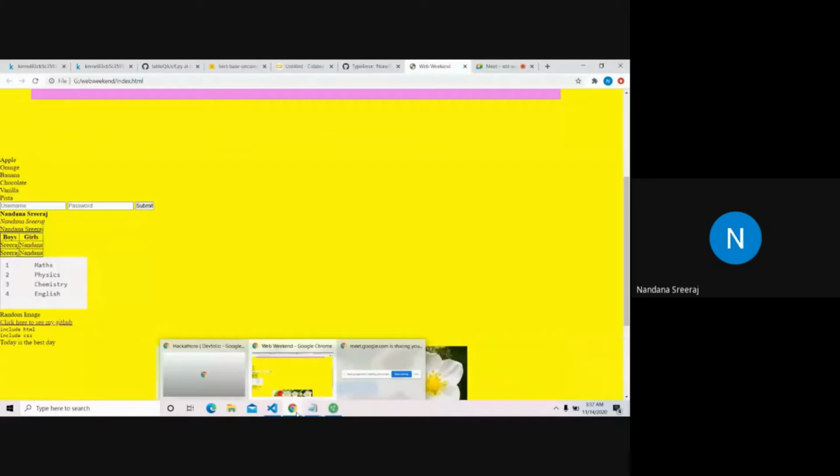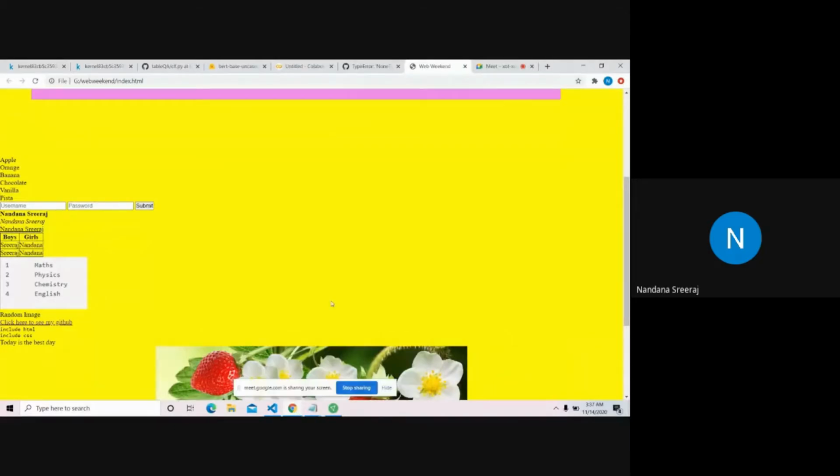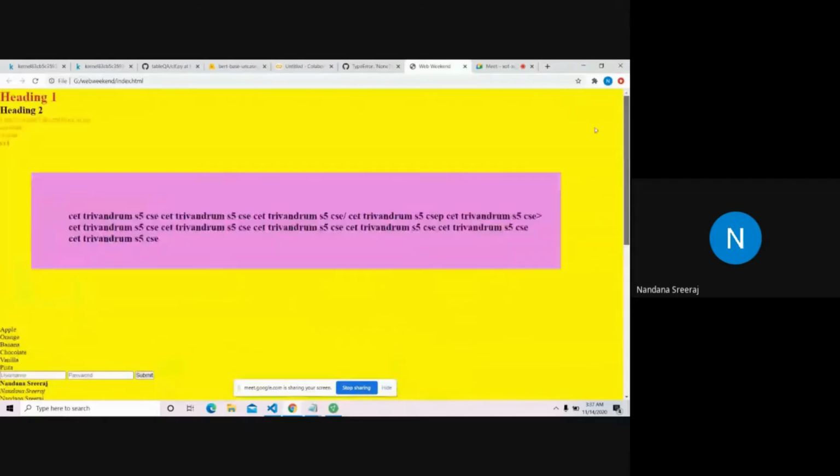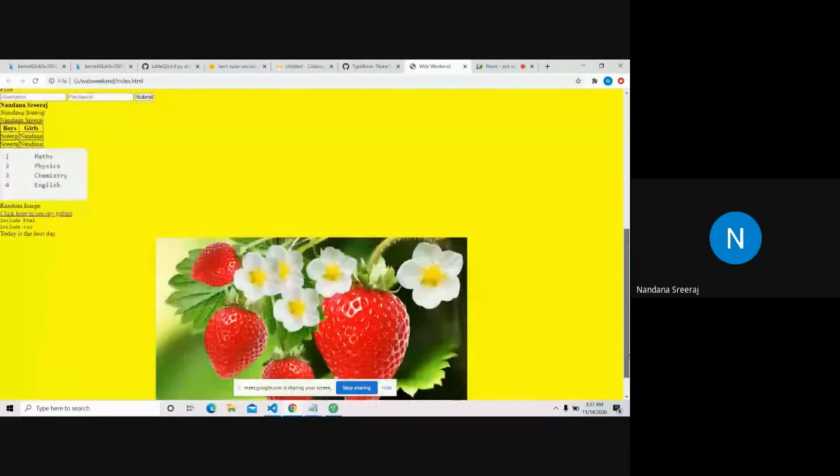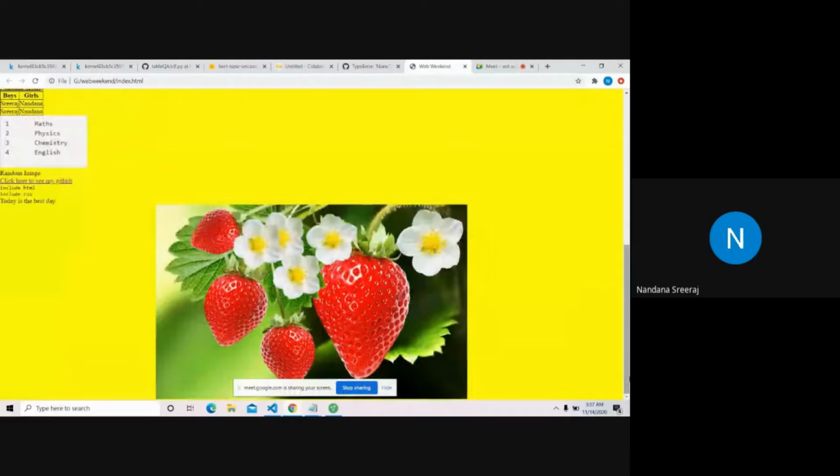Now we are going to step into one of the most important things, that is flexing. This might be a little bit tough. It won't be tough actually. This is the most complicated part of using CSS, called flexing. By default, you're seeing that everything is listed below, like H1, H2. What if I want to list things side by side? For that, we use something called flex boxes. I'll show you.